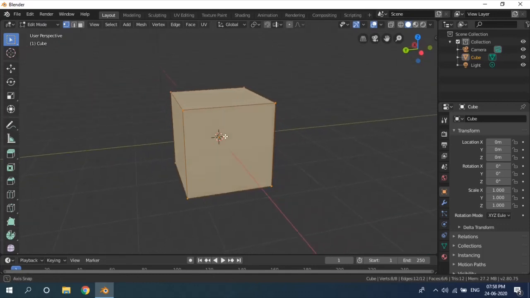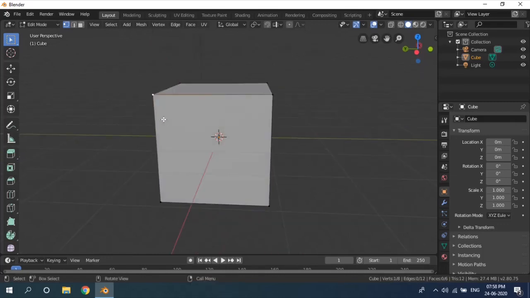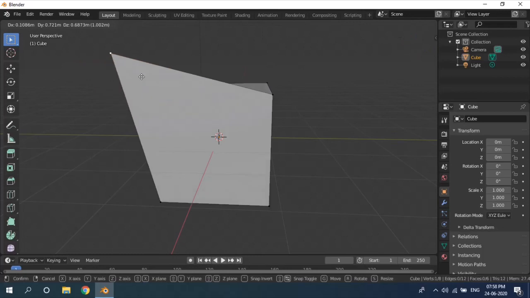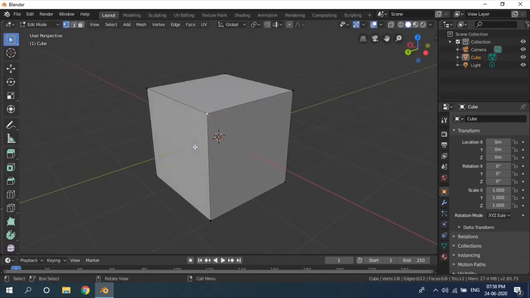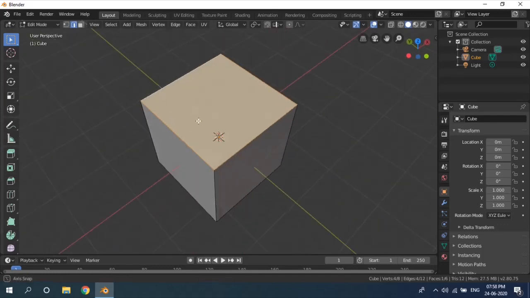Edit mode is basically where you manipulate each and every vertex, edge or face of your object. For example, if I just want to manipulate this single vertex, then I select it and press G to grab it. Similarly, if I go and select edge select, then I can manipulate these edges. Suppose you want to select more than one edge, then what do you do? Simply select one edge, then press Shift and click on another edge which you want to select. That way you can select as many edges as you want, and there, voila, we have a face selected.